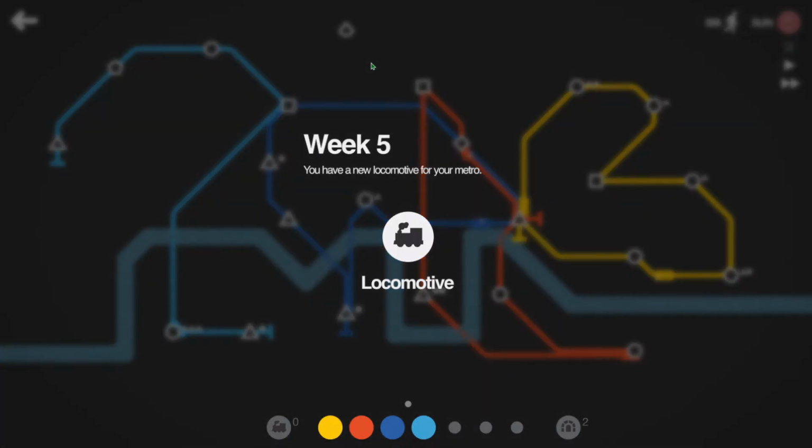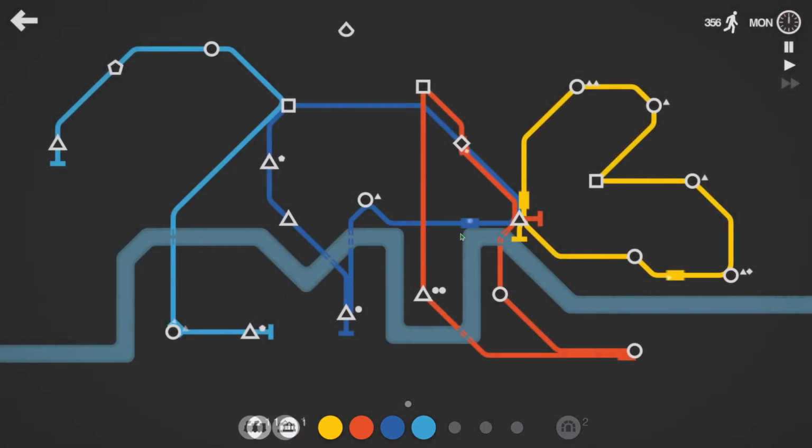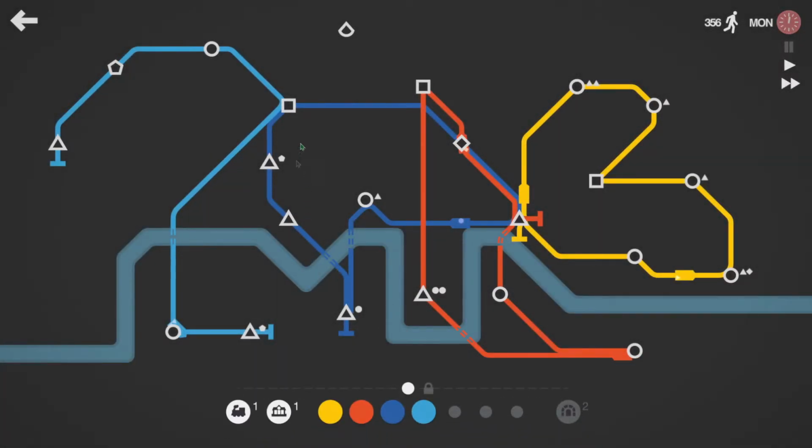Oh, we have another new shape in time for week 5. Kind of a teardrop, upside down ice cream cone. I'm not sure what to call it. Anyway, locomotive. And again, do we want a carriage or do we want an interchange? I'm actually going to take the interchange and I'm going to put it...